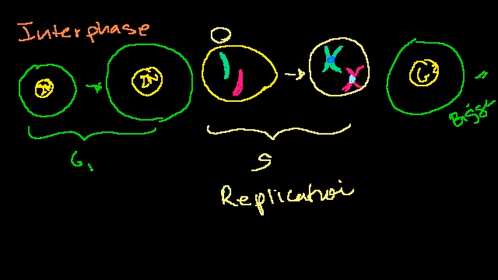I have a little centrosome here. It has centrioles inside it. You don't have to worry too much about that, but they're these little cylindrical looking things. But just so you don't get confused if you see the words centriole and centrosome, not to be confused with centromeres, which are these little points where the two chromatids attach.